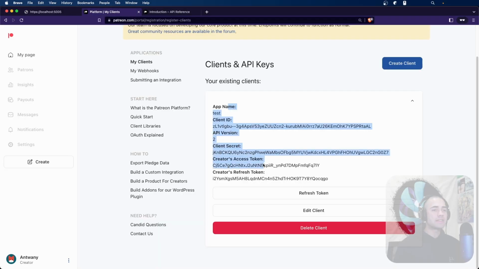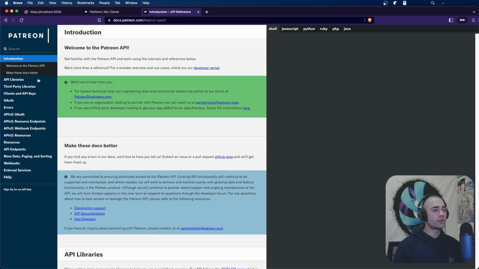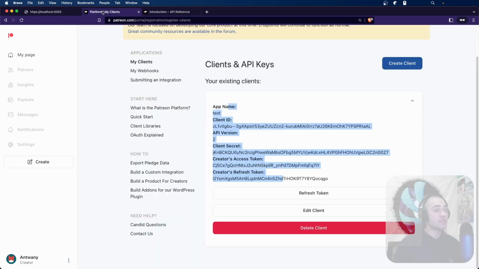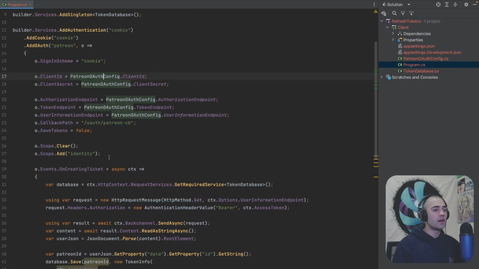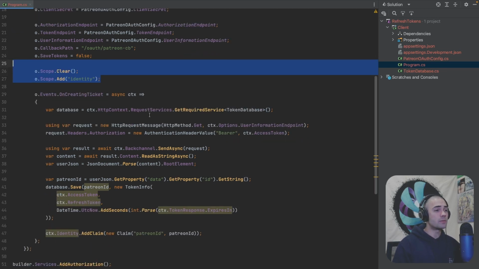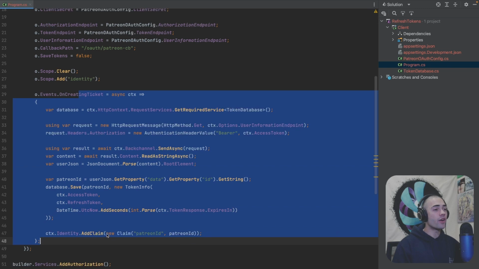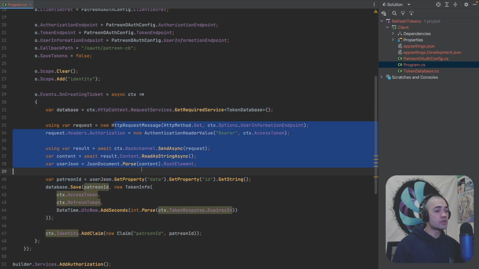I have gone ahead, set up my account. I've gone through the documentation. I've got the endpoints and I've just put them into my application, right? So the standard thing that you would do when you're setting up auth. I've gone through the documentation, I identified the claim that I'm going to need to get user information, which is what we're going to be doing, and then I'm hooking on the onCreatingTicket event, get my database, request user information,